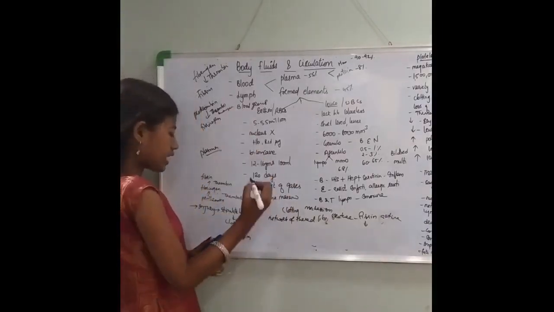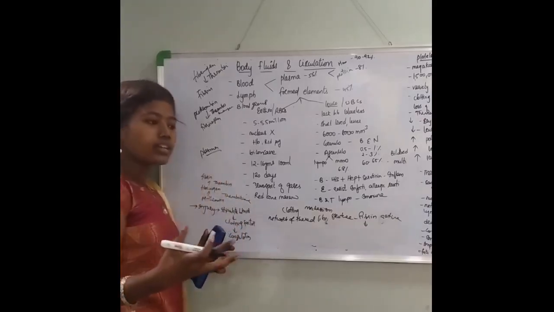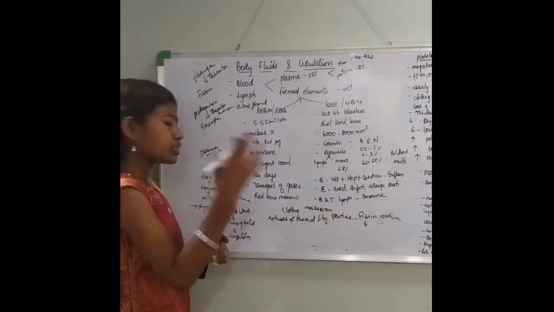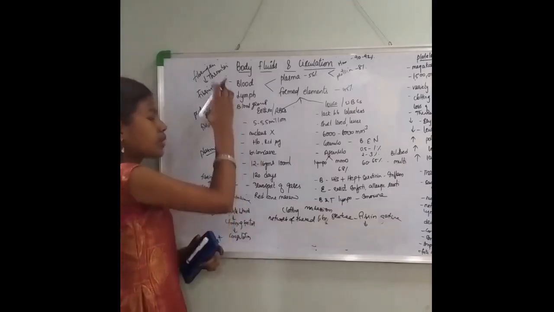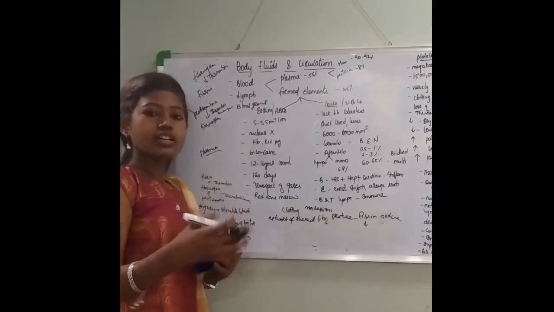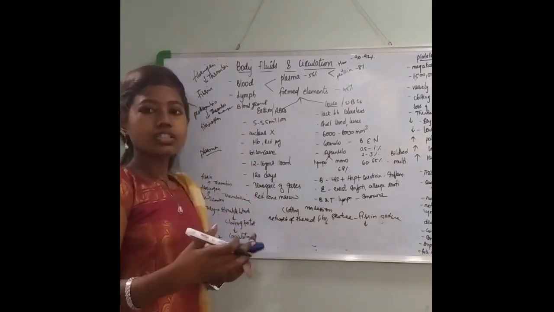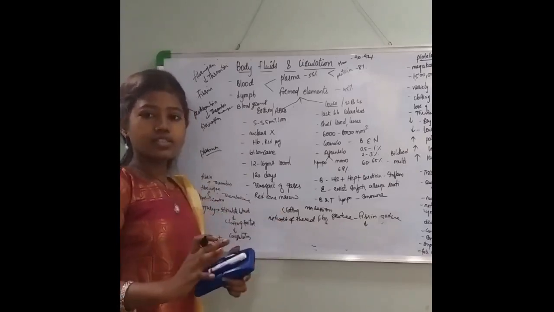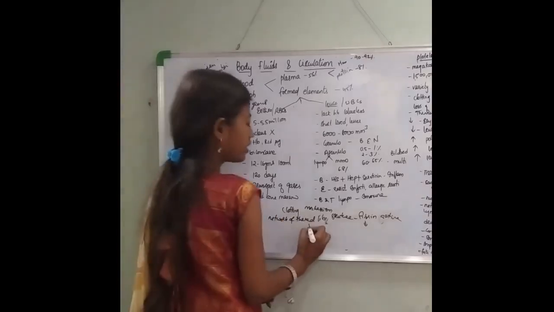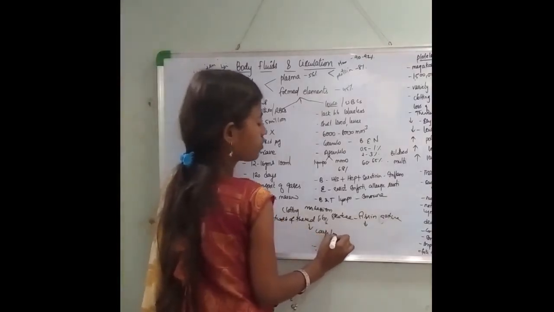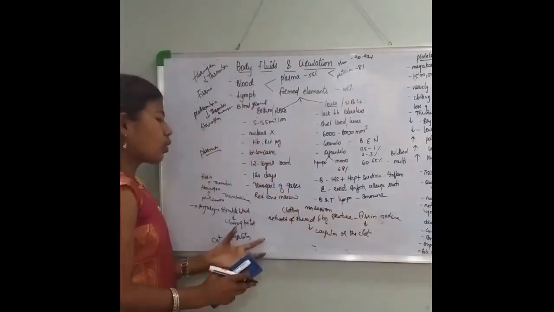Once the injury occurs, it will stimulate the platelets in the blood. Once the platelets get stimulated, they release certain clotting factors. Once the clotting factors are released, the process of coagulation occurs. During the coagulation, wherever you have an injury and excessive loss of blood, the blood gets stopped. And the structure I have told you about, the network of thread-like structure made up of fibrin, is called the coagulum or the clot. Okay, so this is about the coagulation of blood.